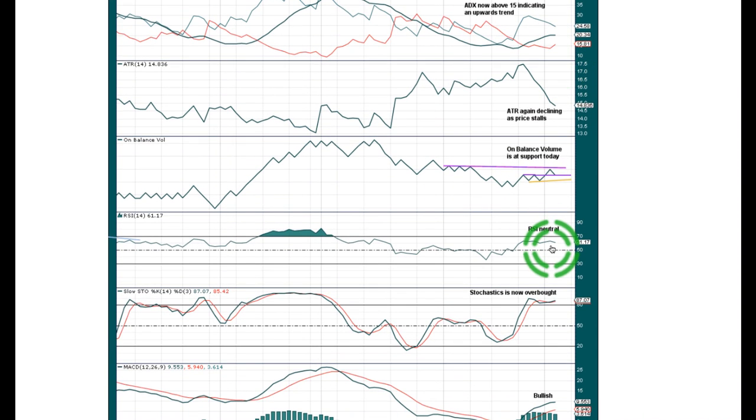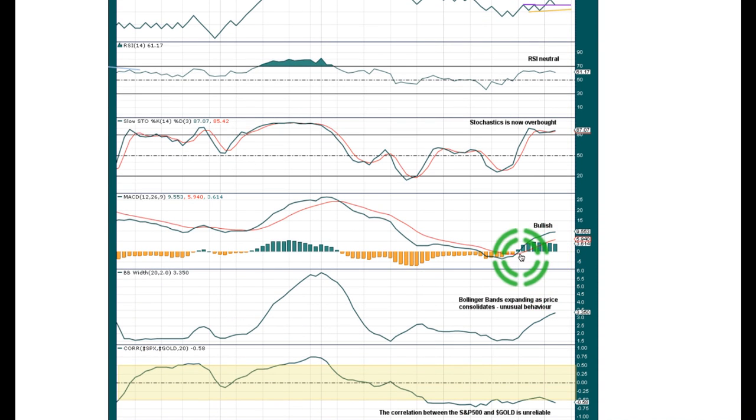RSI is not overbought, so there's still further room for price to rise. Stochastics is overbought, but it can remain extreme for long periods of time during a good trend for this market. Only when it's been extreme for a while and then exhibits divergence with price, preferably multiple divergence, would it be giving a strong warning that we've probably got a high in place. MACD gave a bullish crossover back here. It's still bullish. My only concern, well, apart from volume remaining fairly heavy, another concern for this consolidation is Bollinger